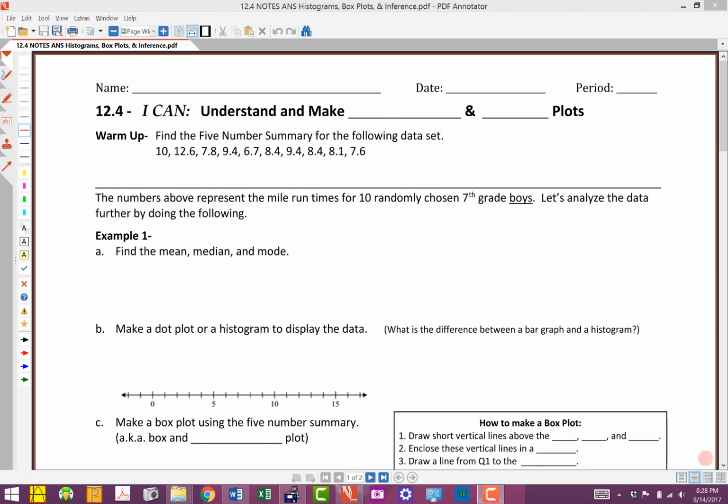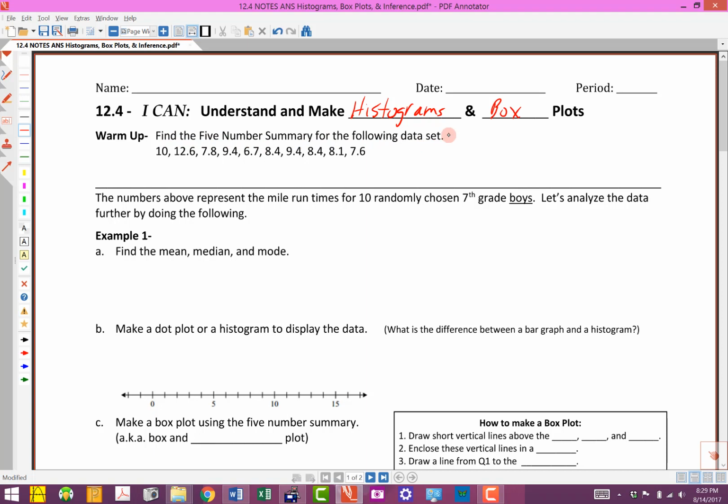Okay, well, let's keep going with these data topics, and we're going to cover 12.4. The I can statement is I can understand and make histograms and box plots. All right. Now we're going to start off with a warm-up question, and it just says find the five-number summary